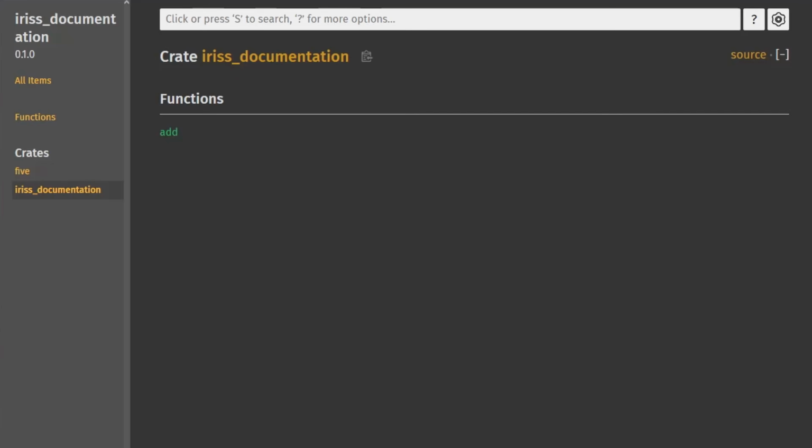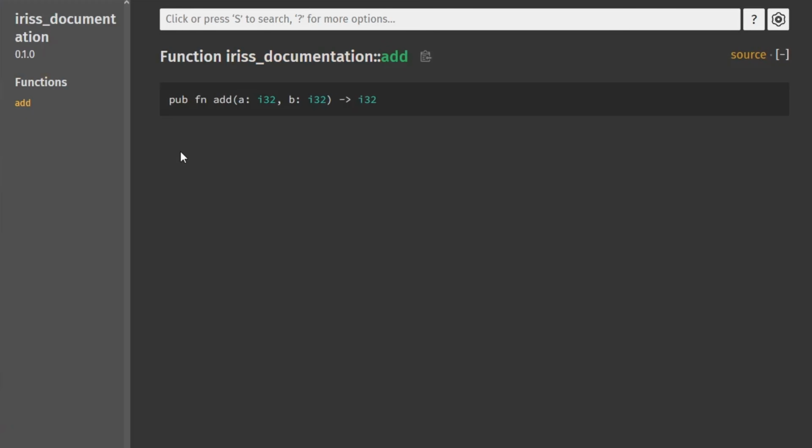As you can see, without us doing anything, RustDoc has figured out about our add function. If you click the add function, it will take you to the documentation page for that function. RustDoc has already worked out the header for that function, but that's all the information there is for now. So, how do we actually give the consumers of our library the information that they need? Comments. Kinda.